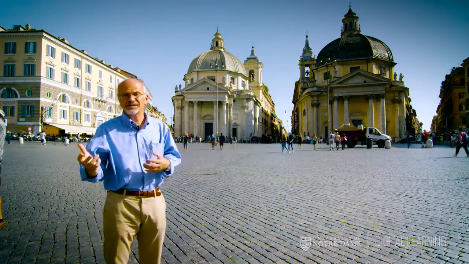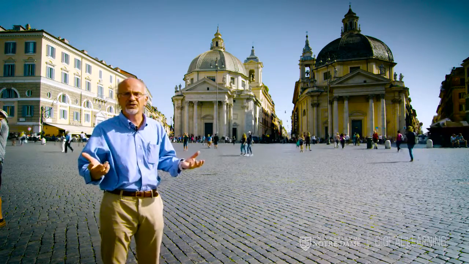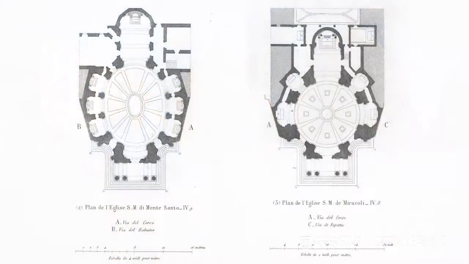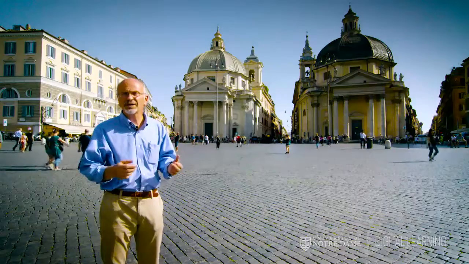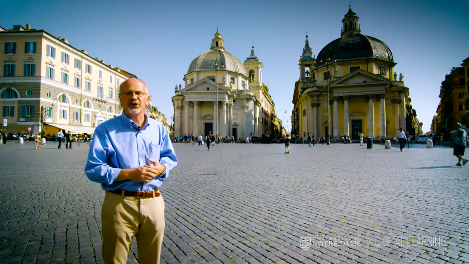order. Now again, it's an approximate formal order because as you've been looking at these churches, I'm sure you've been assuming that they're symmetrical, but in fact they're not symmetrical. They're in slightly different shapes of land, and so the one on the left is oval, and the one on the right is absolutely central, circular, with an octagonal dome. They're both dedicated to Mary, and in fact many of the options of entering into the city of Rome have